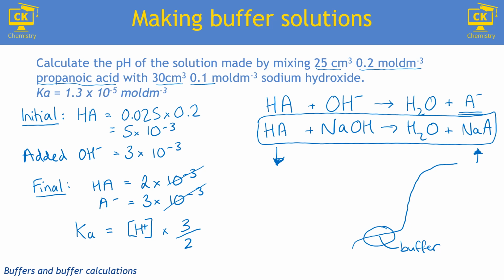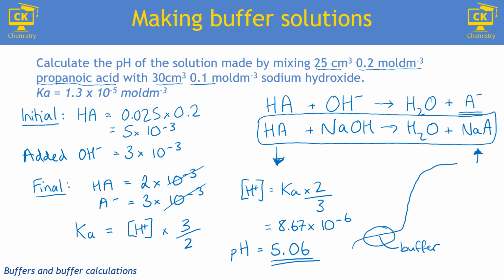So H plus is going to equal Ka times 2 over 3. Just rearranging it, bringing it to the other side. If we put in the value for Ka that we've got, times it by 2, divide it by 3, I get a value for H plus of 8.67 times 10 to the minus 6, and I put it in my calculator, do minus log equals, and that is